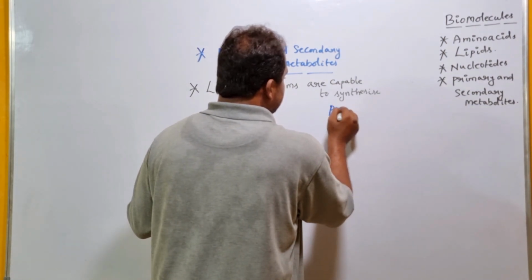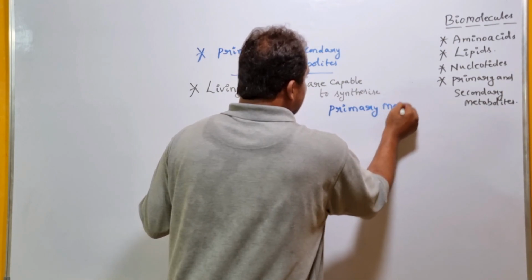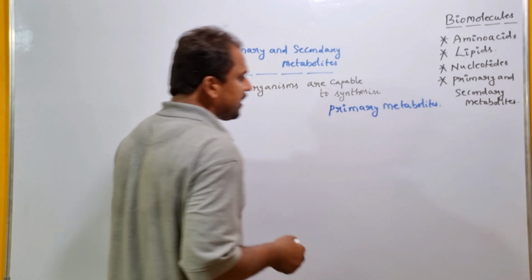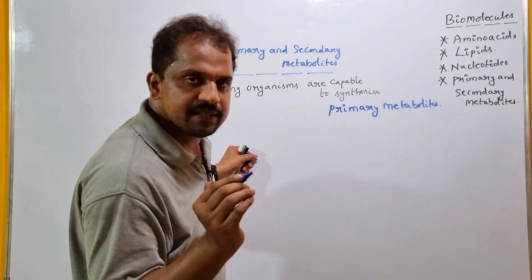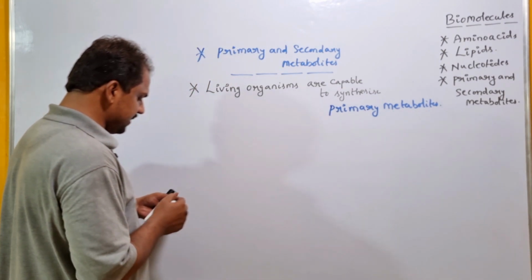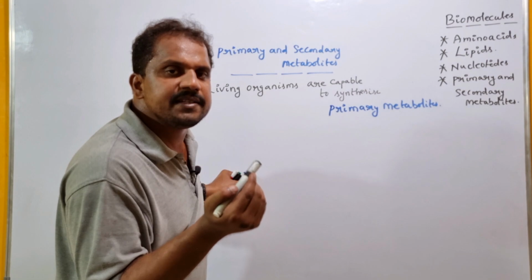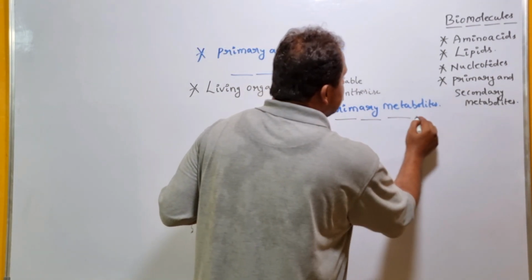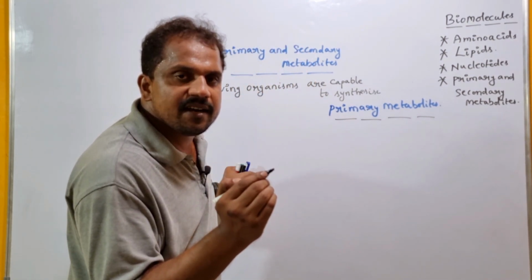They are capable of synthesizing primary metabolites, right? So what are the various primary metabolites here? The various primary metabolites include all the organic compounds like biomolecules. All the organic compounds like amino acids, proteins, carbohydrates, lipids, as well as nucleic acids come under primary metabolites. These specific primary metabolites play an important role in the sustenance of life on